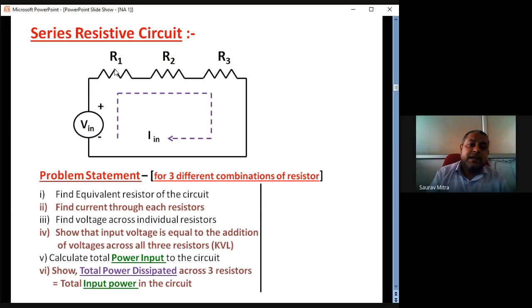So R1 is dissipating some power. Dissipating means utilizing, it is getting heated up, it is doing some work. Maybe in place of resistance R1, you can show a loudspeaker, so whatever is the loudspeaker resistance is given by R1. In case of R2, you can keep a fan, which has a resistance. So R1, R2, R3 are all called load. Load means electrical load; they are doing some work. R3 may be some DC device, maybe a DC motor, having some kind of internal resistance.